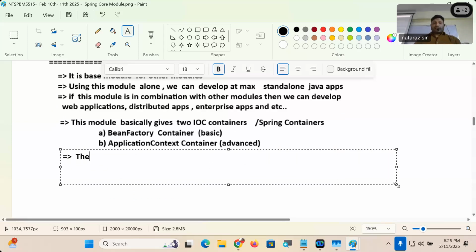The IOC containers of the Spring Framework or Spring Boot Framework are basically given to perform